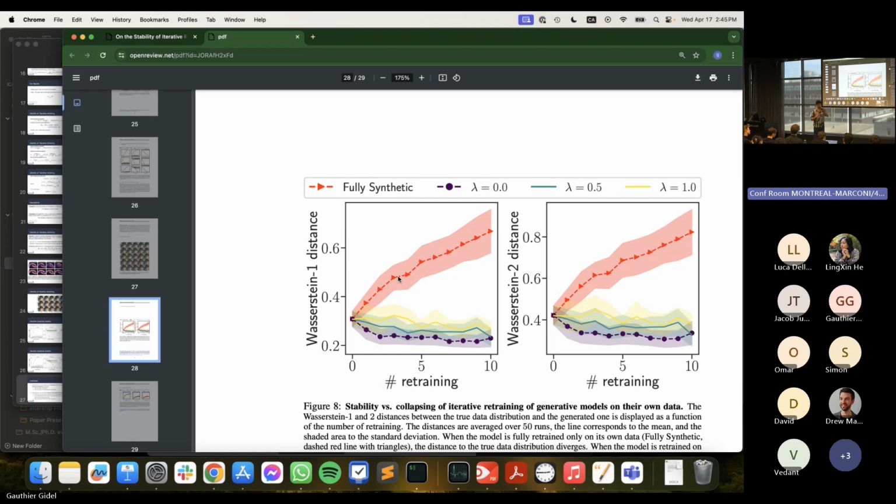The interesting case is if you re-inject real data. You need to be careful to keep the fraction of real data relatively the same. If you accumulate generated data, your fraction of real data is decreasing, so you may have collapse because of that. But if you ensure that you maintain the fraction of real data constant, you're okay. In particular, I think it advocates for an interesting regulation if we were to do policy making right now: if you could add metadata on the web about what is generated by AI and what is human generated, that would be very easy to filter and to set up your lambda, for instance.